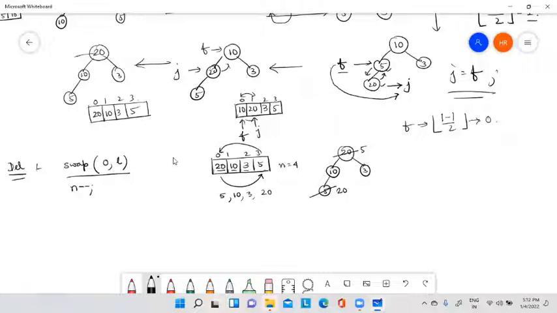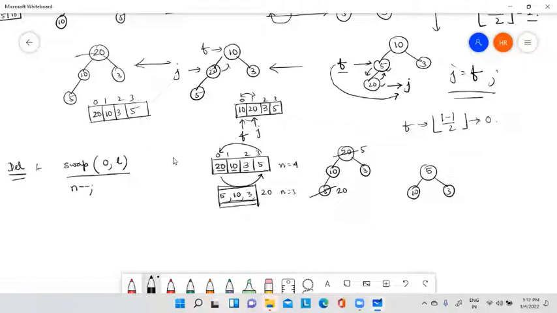Now the array is up to this. N minus minus, n becomes 3. 20 is there, but I am only considering up to 3 elements. So far there were 4 elements. Now since I have performed the interchange, I will only consider the first 3 elements. Okay. Now if I draw this 5, 10, 3 in a pictorial form, it will give me 5, 10, 3.